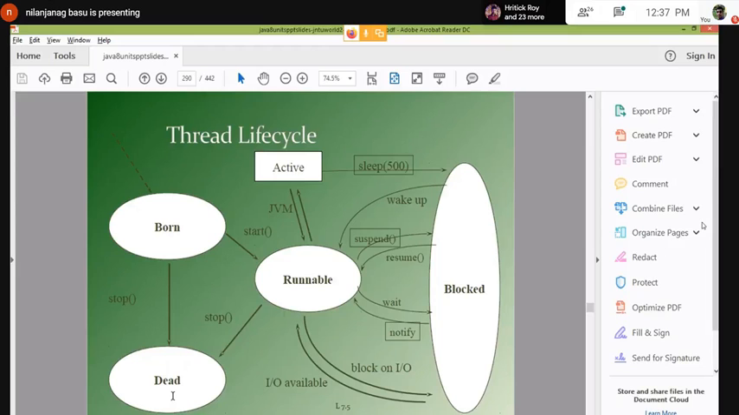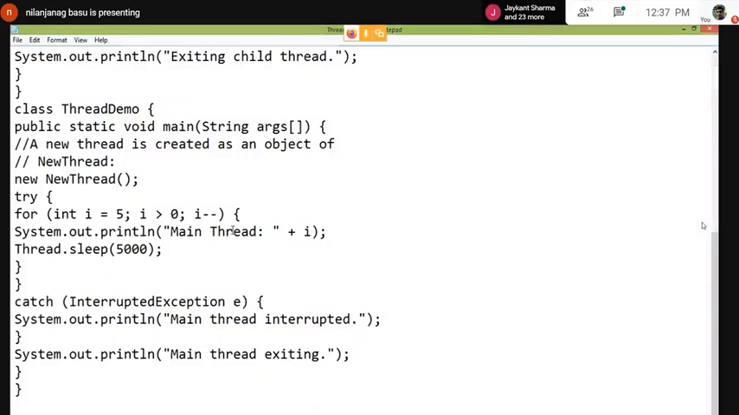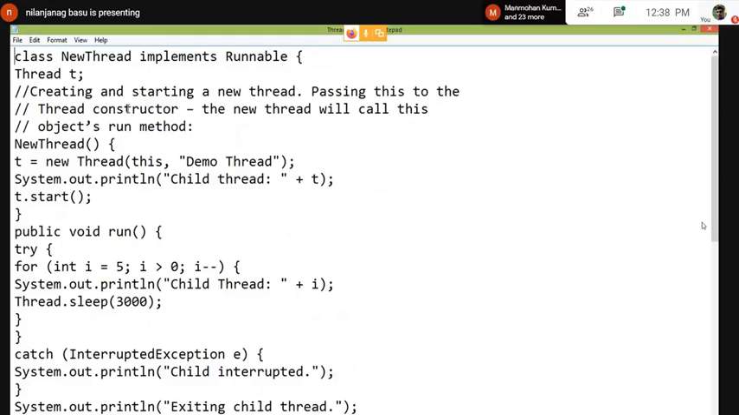Let's go to the code. Now here you see class NewThread implements Runnable. So you understand what is a Runnable. Runnable is an interface. In this interface there is only one method, that is called public void run. So any class which will implement the Runnable interface, that means that class wants to create or use the thread,